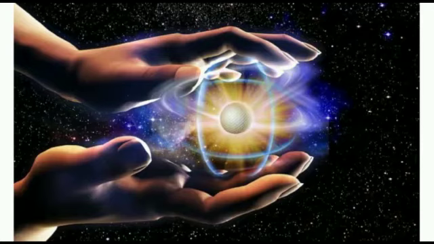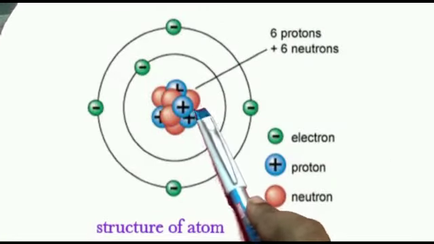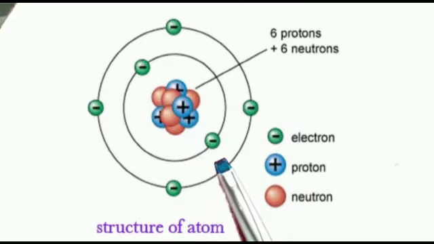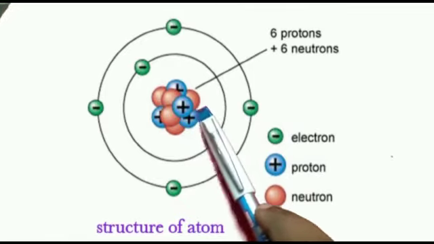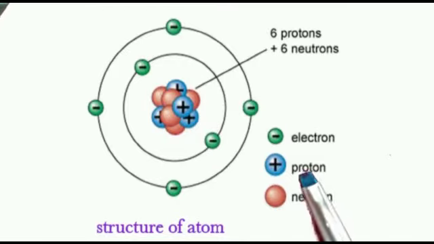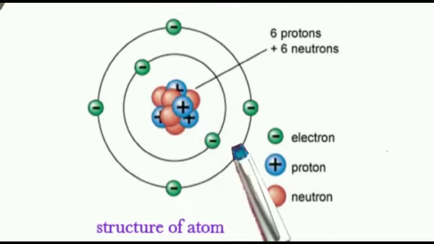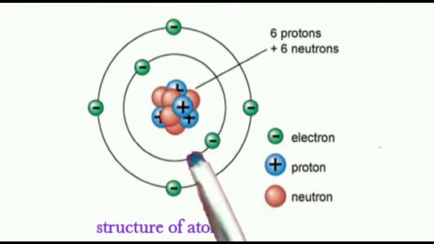Everything from water and air to rocks, plants and animals is made up of minute particles called atoms. These are too small to see even with the most powerful microscope. So an atom consists of even smaller particles called protons, neutrons and electrons. The nucleus of the atom contains protons, which have positive charge, and neutrons, which have no charge. Electrons have negative charge and orbit around the nucleus.